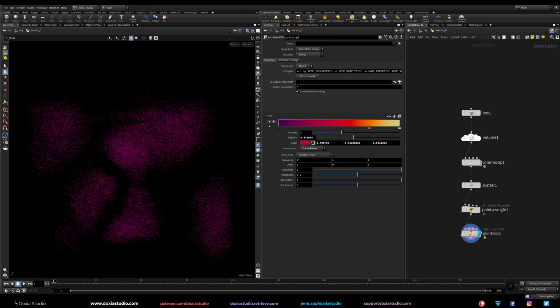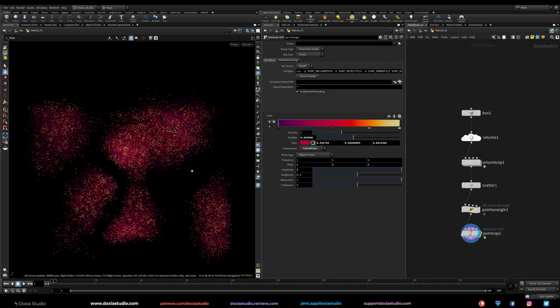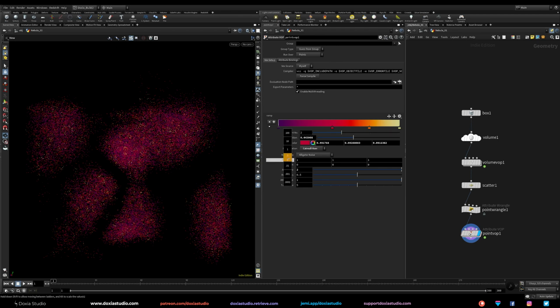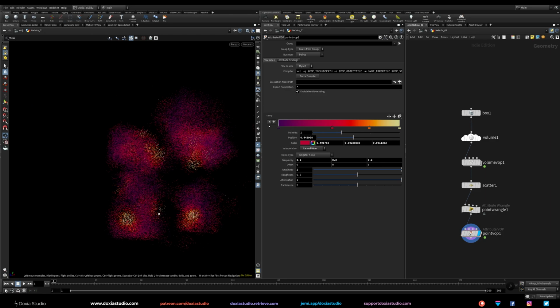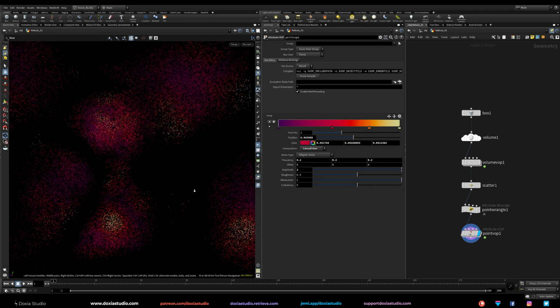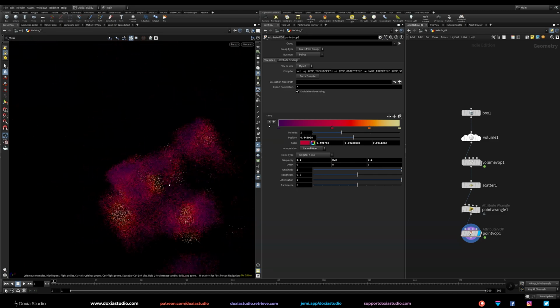And let me think about it. Let's increase the amplitude so we can get those points. Let's go just with 2. And now let's increase this. So as you can see, we have bigger shapes with bigger colors, something like this. So we got some nuclears there. Okay, like the hot core of that nebula.